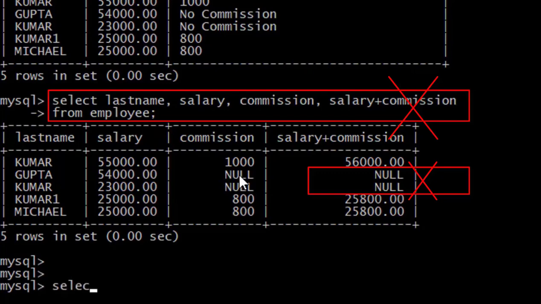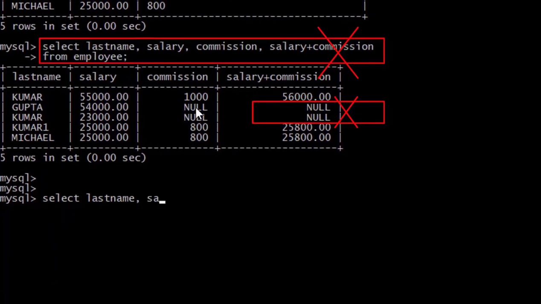So the query is select last name, salary, commission, then salary plus IFNULL, which is a function, and here commission.